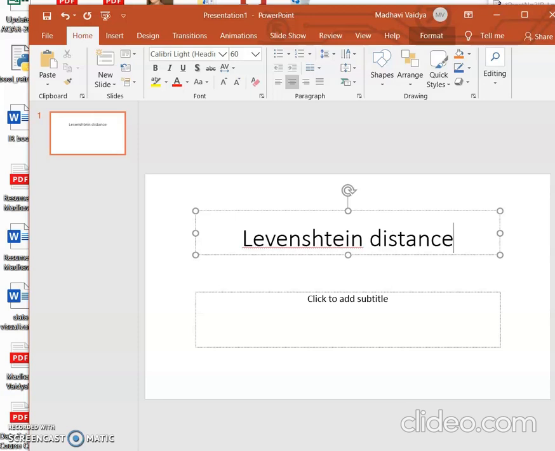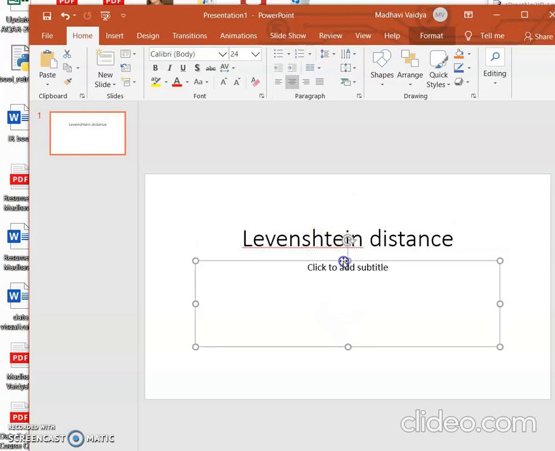is finding the distance between the two strings which are passed. Generally, it is used whenever we are trying to search something, and when we get something from Google. Do you mean this, or did you mean this? So the meaning is something like whenever we are typing on mobile, then at that time we come to know